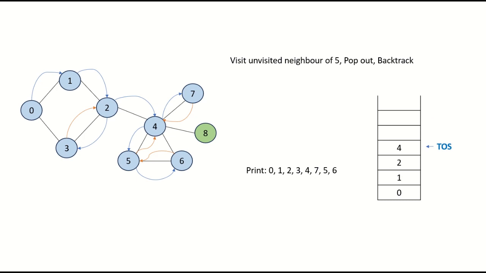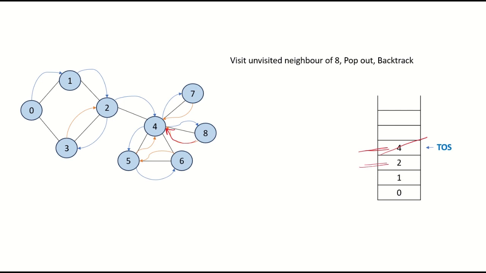Now we have gone back to 4 and we check the unvisited neighbors of 4. We see that the unvisited neighbor of 4 is 8. So we go to 8 from 4 and put it on top of the stack. After reaching 8, we find that there is no unvisited neighbor of 8, so we backtrack by popping 8 from the stack and reach 4. Again, there are no unvisited neighbors of 4, so we backtrack again, remove 4 from the top of the stack, and now we are left with